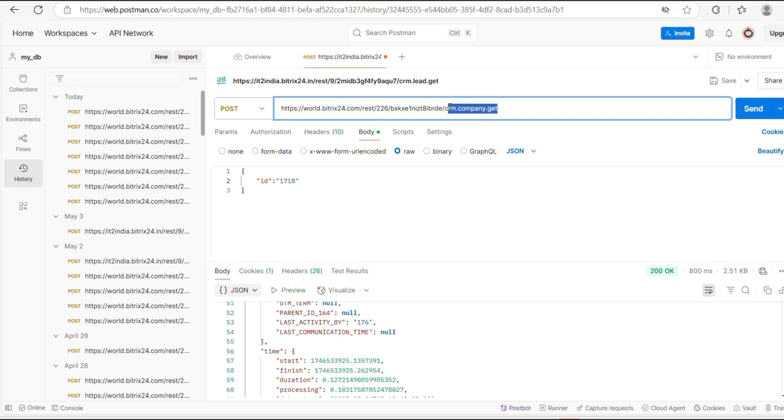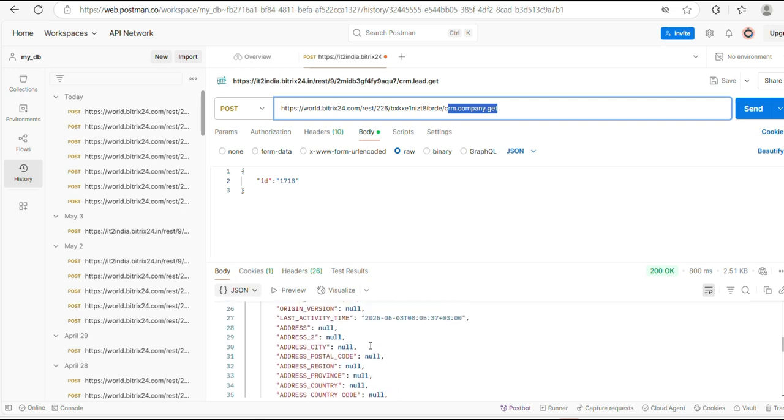So what is the difference between crm.company.add and get? Add is nothing but a new entry being created in the company page. But right now we haven't created a new entry. Whatever entry is there, we need to identify its fields. For that you can pass the method crm.company.get. This method is used to identify the fields, whatever data is in the company section. So you can pass this method and identify the fields.